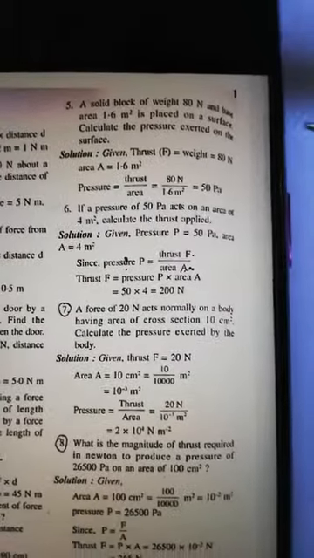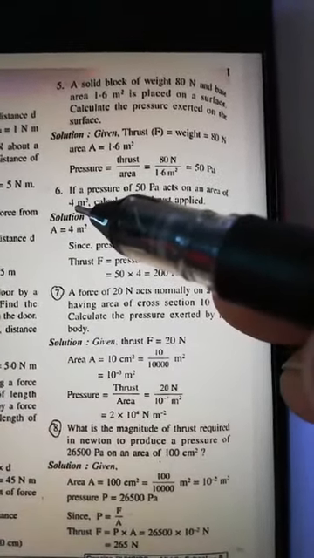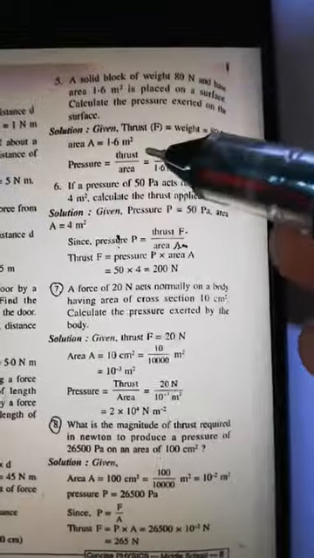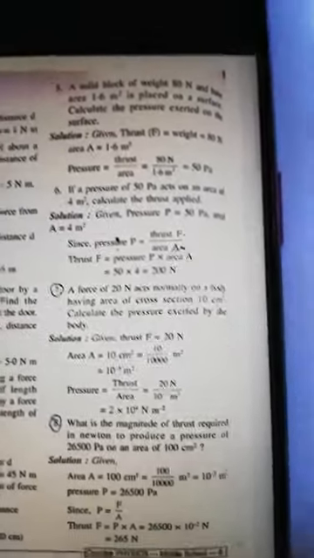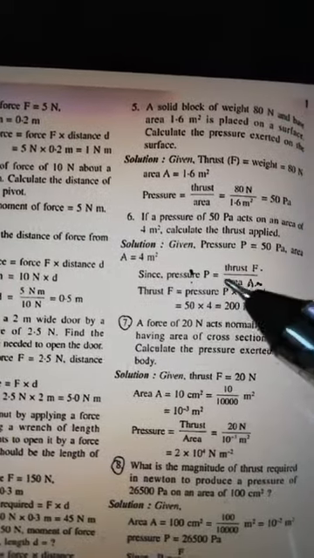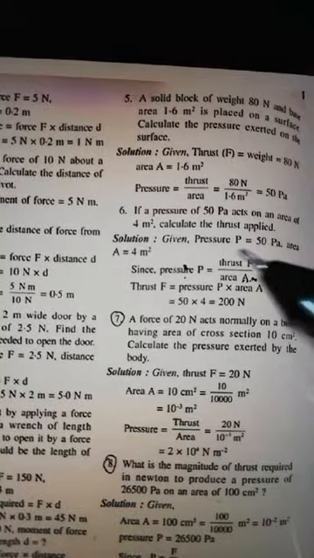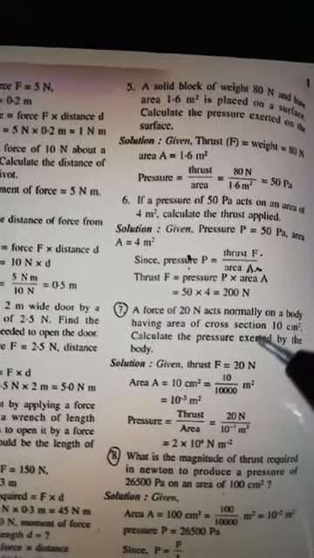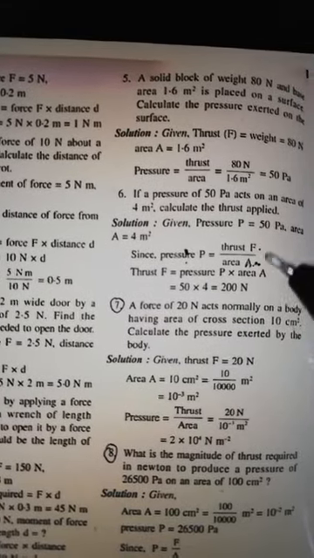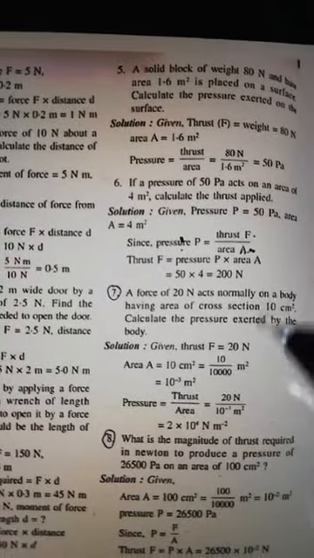Next, question number 6. Again the same kind of question. The value of pressure is given, and the area is given. You have to find out the thrust. Again, what do I have to do? Thrust is equal to, so we use the formula P equal to F by A, and after that we put in the values, and we are going to get 200 Newton. Just look into it after watching the video. Go through the video, and go through the pages of your book as well. You will be able to understand, and I think things will be very clear after watching it.